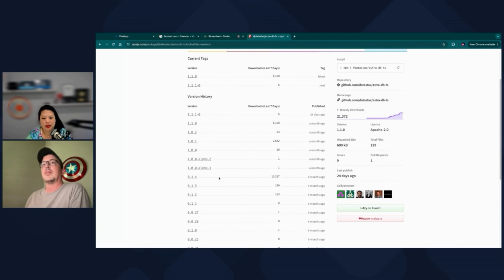Yeah, let's do it. How do you do that? npm install, npm install save. What is it called again? It's called DataStax. At datastax, AstraDB ts, at, and then what version? There we go. What is it? 0.1.4. Yep. Can the one share your thing, because I want to make sure I wrote it right.